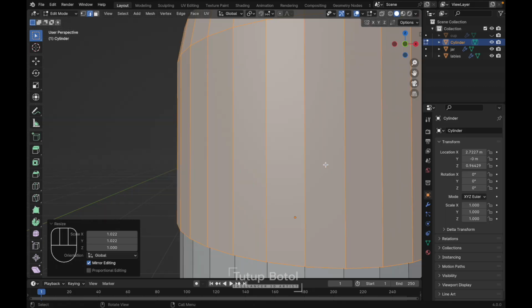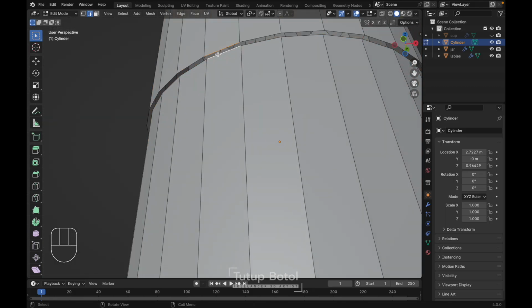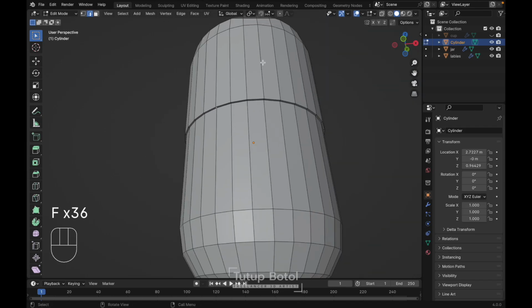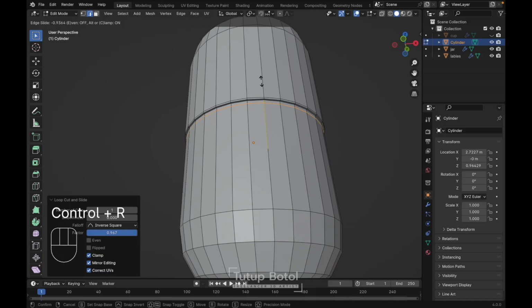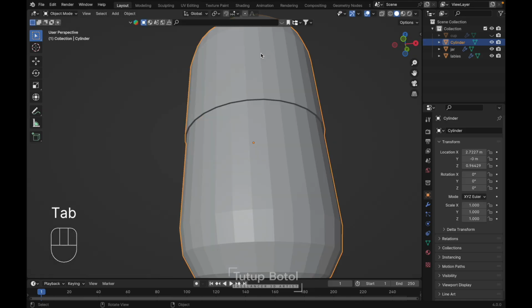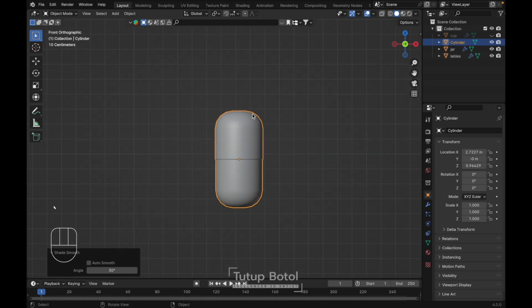Okay, and select this edge and this edge, press F to fill, and just hold your F on your keyboard. It will fill everything. Press Ctrl R again. Add a loop cut over here just to support, and over here too. Yep. Right click, shade smooth. We have the pill,